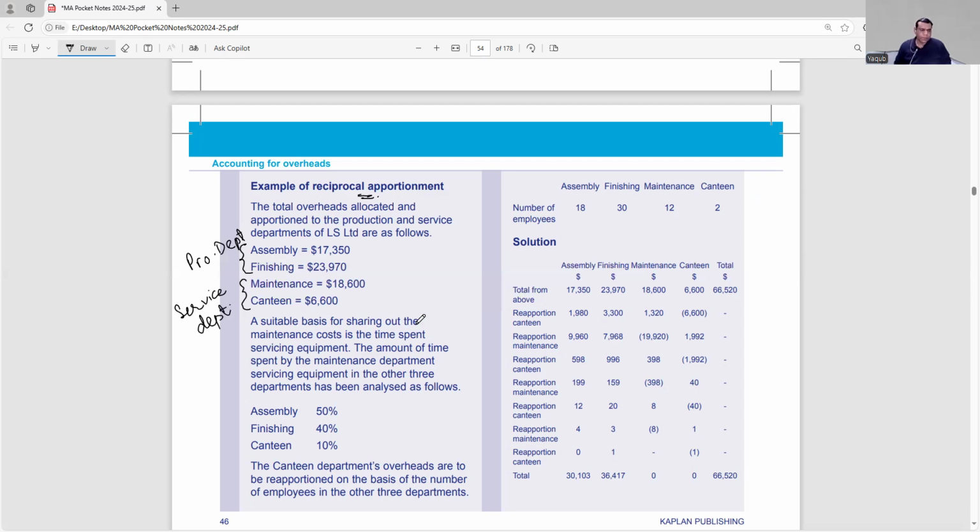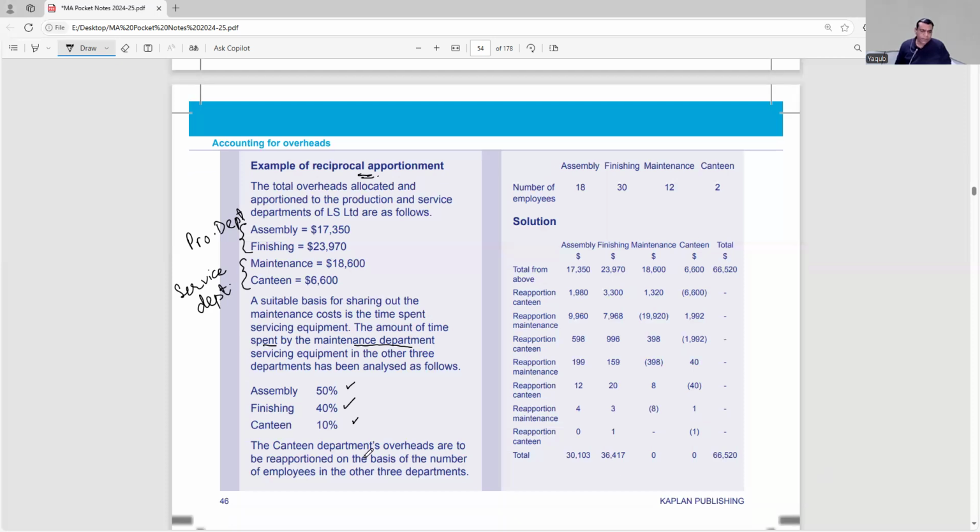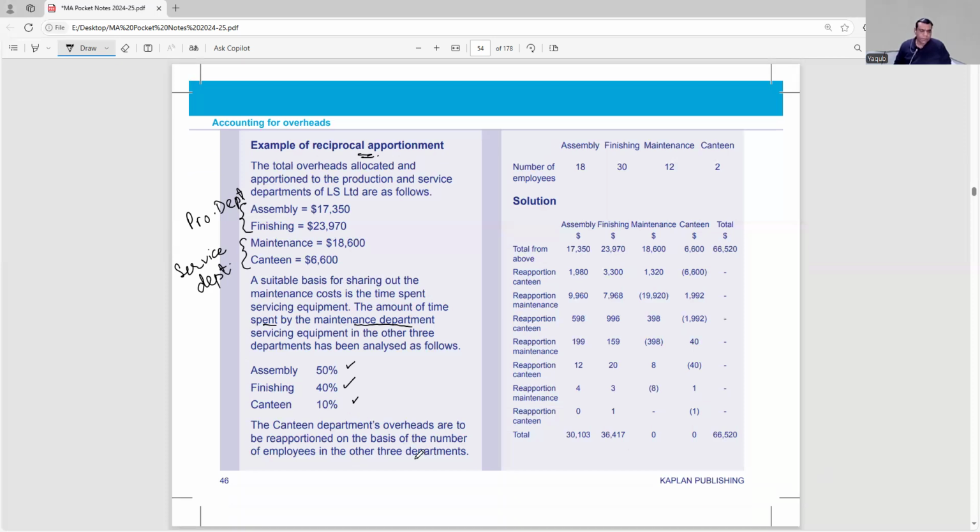A suitable basis for sharing out the maintenance cost is the time spent servicing equipment. The time spent by the maintenance department servicing the other three departments has been analyzed as follows. So he's saying maintenance is spending 50% of its time or cost on assembly, 40% on finishing, and 10% on canteen. And the canteen department overheads are reapportioned on the basis of the number of employees in the other three departments. We have 18 employees in assembly, 30 employees in finishing, 12 employees in maintenance, and 2 employees in